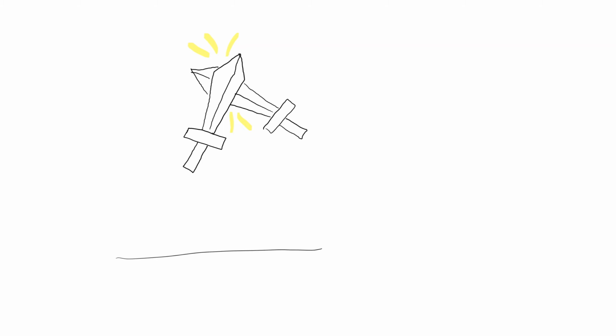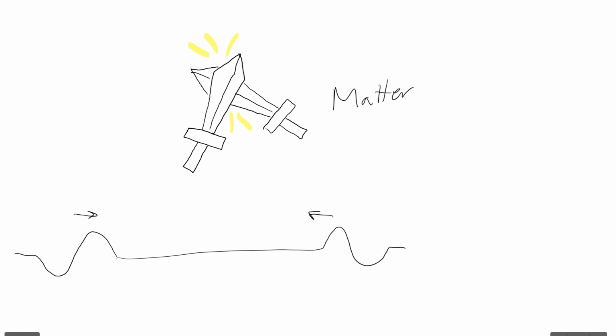Let's say you have a piece of string and then you put a wave into the string. You shake it up and down. So now the wave's coming this way, and another person sends a wave going this way. Are they going to clang against each other and bounce off each other the way the swords do? No, because the swords are made of material or matter. And do waves transfer matter? No, waves transfer energy. And this energy can be superimposed at one position.